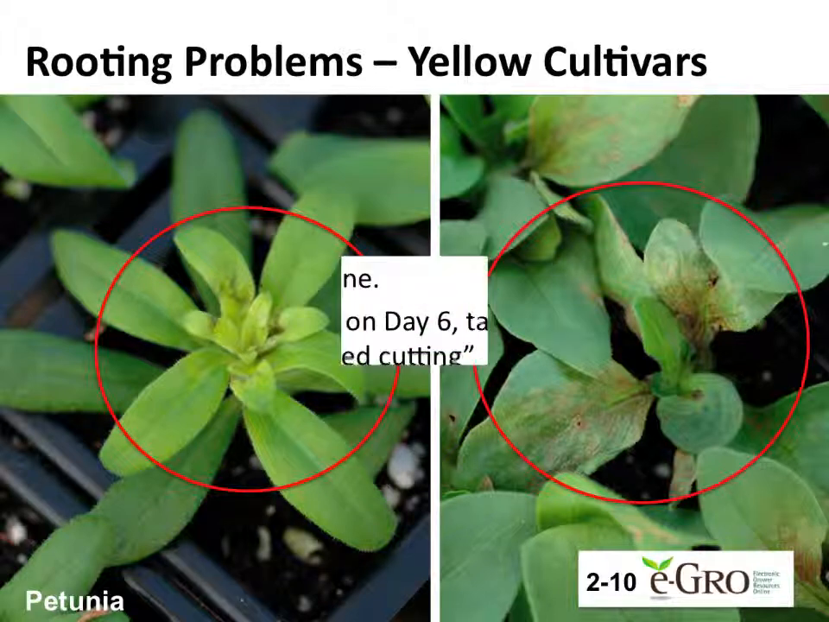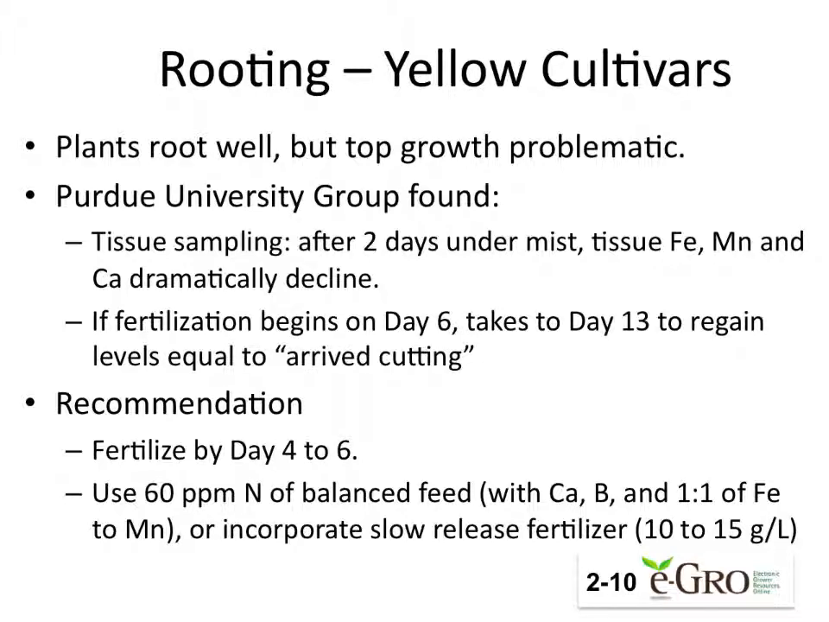But what they found is that the plants did root well, but the top growth was problematic. They did tissue samples and found that under mist there was a big decline, especially in iron, manganese, and calcium, and it took fertilization to bring those levels back up. Basically they found that by adding supplemental fertilizer, they can avoid the problem. They recommended fertilizing petunias under mist by day 4 to 6 using about 60 parts per million of a balanced feed that has boron, calcium, iron, and manganese. In the experiment they were running, they also added some slow release fertilizer, which also seemed to help. So read e-GRO Alert 210 for more details,